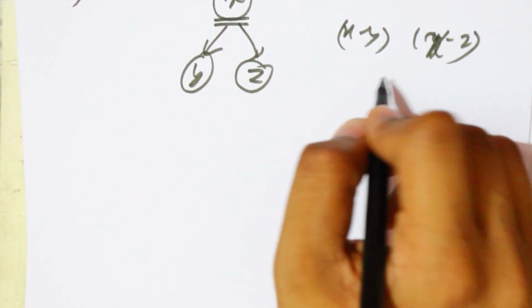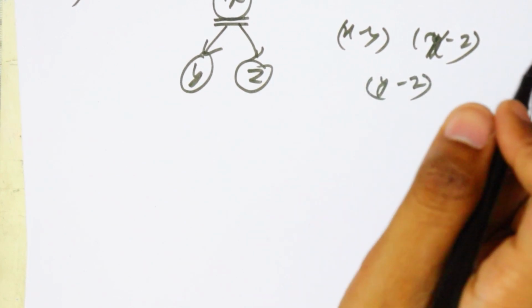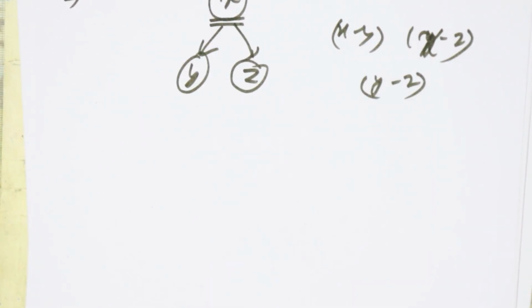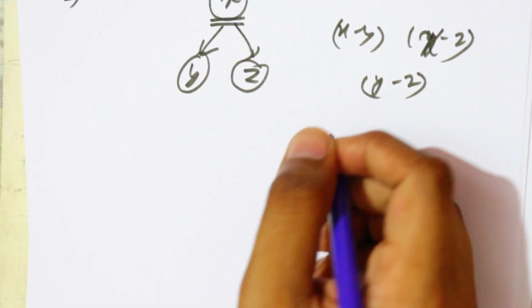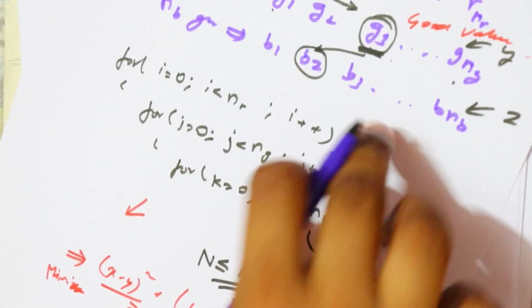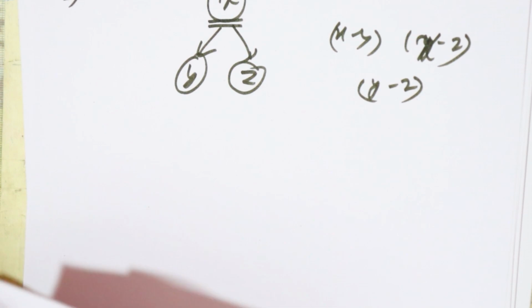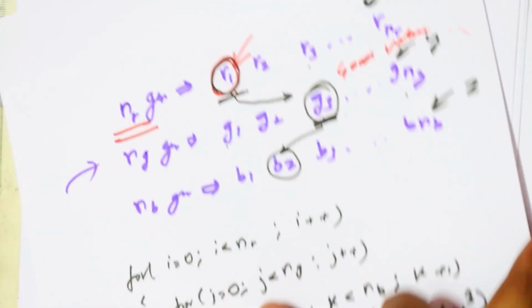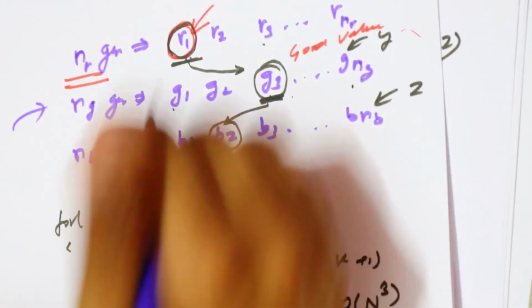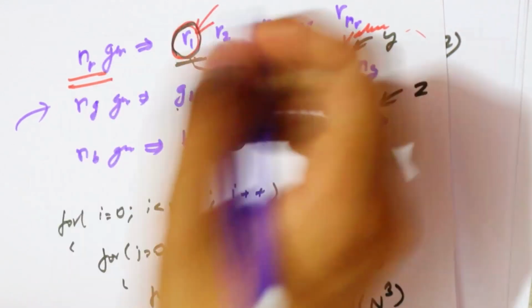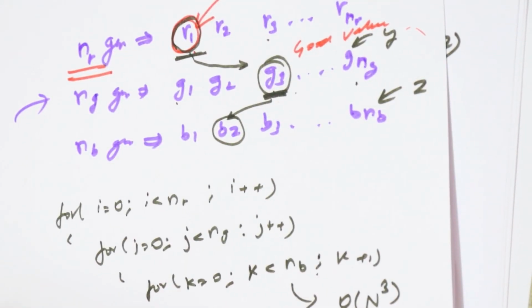And if we do this, then y minus z will also be minimum. Now you will say, can you please show how? As I showed you here,